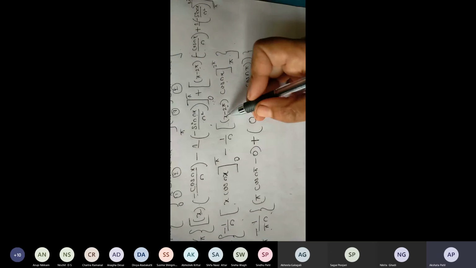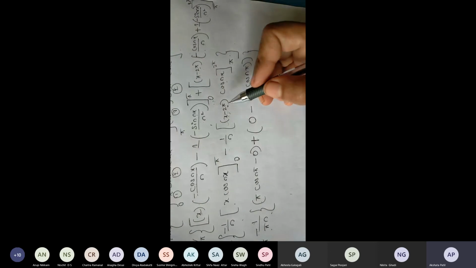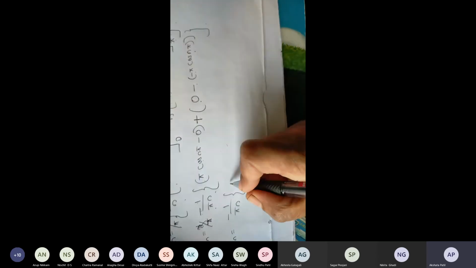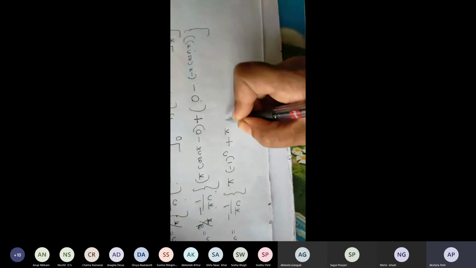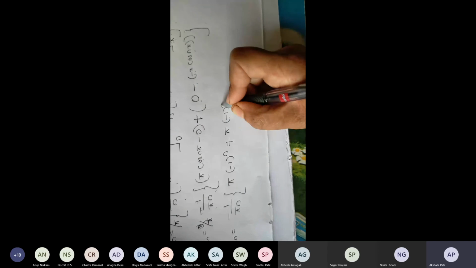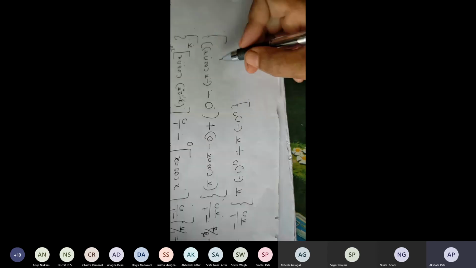Understood this one? Apply the upper limit 2 pi. x is 2 pi. 2 pi minus 2 pi is 0. 0 into cos of 2 pi is 0 only. Minus of lower limit, pi minus 2 pi, is it minus pi? Cos of n pi. Now simplify this one. You will get bn equals minus 1 by pi n of, n value is minus 1 raised to n. So here minus into minus plus, so we can write plus pi into minus 1 raised to n, because cos of n pi value is minus 1 raised to n.